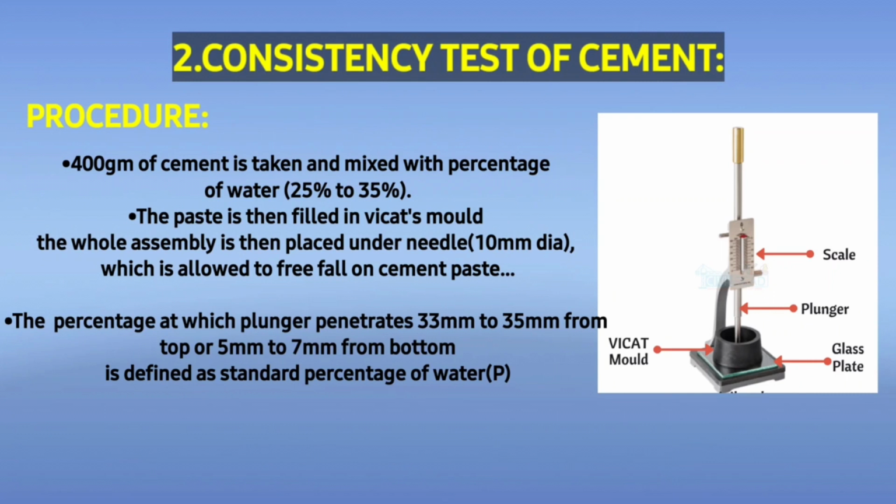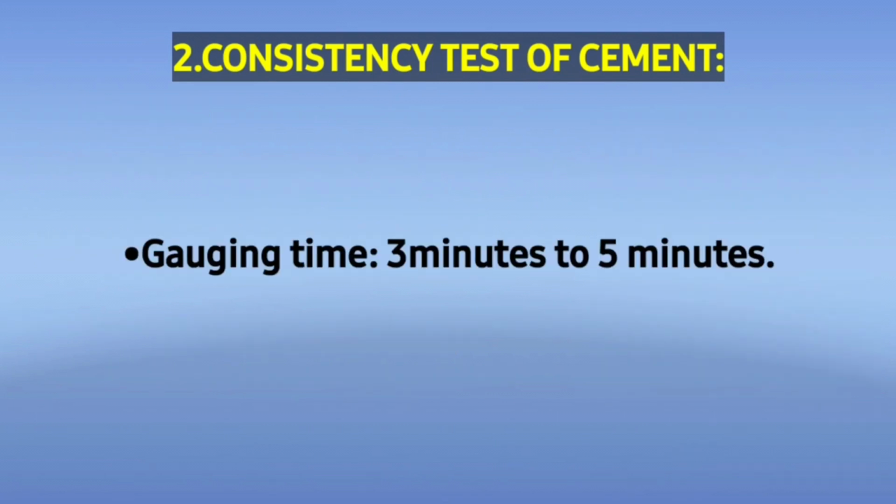बात करते हैं प्रोसीजर की। तो प्रोसीजर में 400 ग्राम ऑफ सीमेंट इनिशियली लिया जाता है और उसमें वाटर ऐड किया जाता है 25% बाय वेट ऑफ सीमेंट इनिशियली। इस सीमेंट पेस्ट को वीकार्ट मोल्ड में फिल किया जाता है। उस असेंबली को वीकार्ट एपरेटस के अंडर रखा जाता है जिसमें प्लंजर फिट की होती है 10 mm डाया की, जिसको फ्री फॉल कराया जाता है सीमेंट पेस्ट के ऊपर। वो परसेंटेज जिस पे प्लंजर हमारी टॉप से 33 to 35 mm पेनिट्रेट करे या बॉटम से 5 to 7 mm ऊपर रह जाए, उस परसेंटेज को हम स्टैंडर्ड कंसिस्टेंसी ऑफ वाटर कहते हैं।